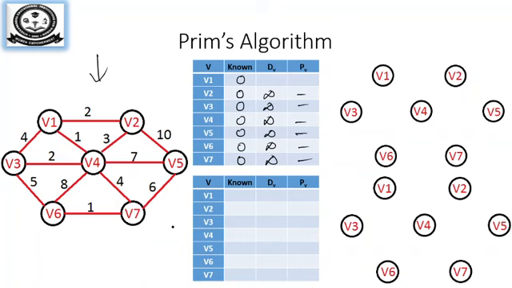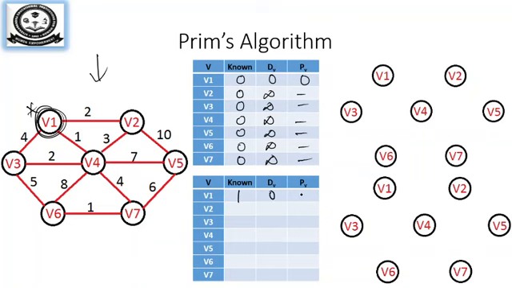So here in minimum spanning tree calculation, there is no restriction, you can start from any vertex. So for our understanding, we will start from v1. Let me put v1 as star, and I will double circle it. So from v1 I am going to start my process, hence its distance is going to be 0 and its previous vertex is also going to be 0. So first I will make v1 a known vertex.